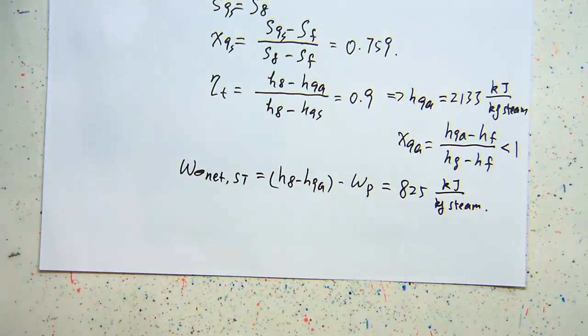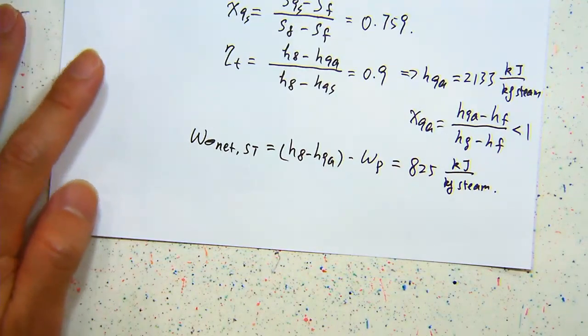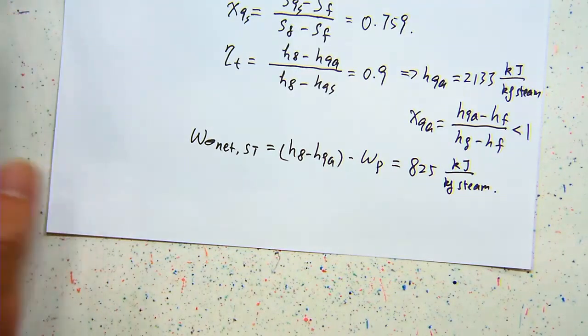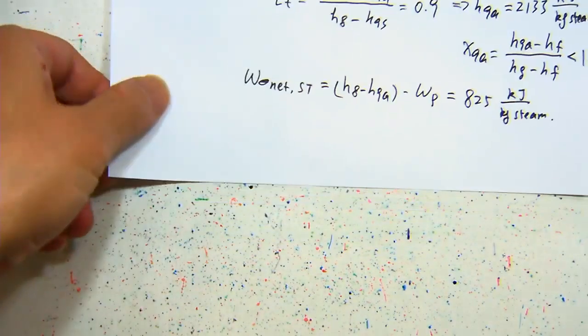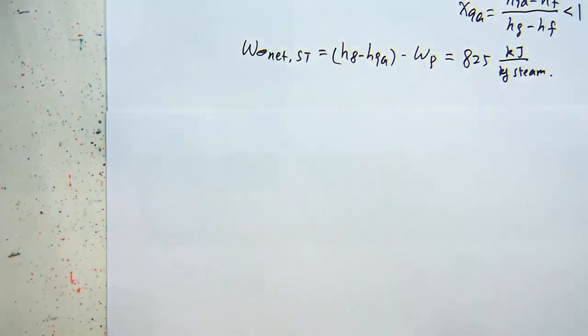All right, so we achieve the, basically that's the preliminary targets to figure out the net work that is being produced by each of these cycles. What we really need is to determine the combined cycle, right? So for the combined cycle,